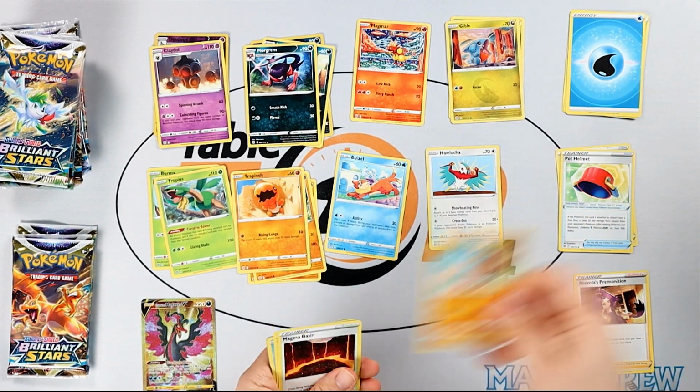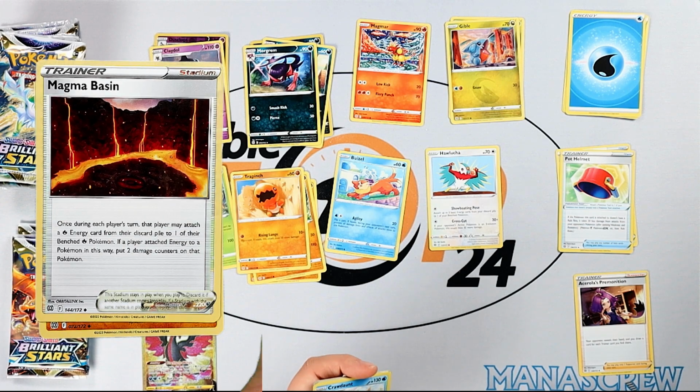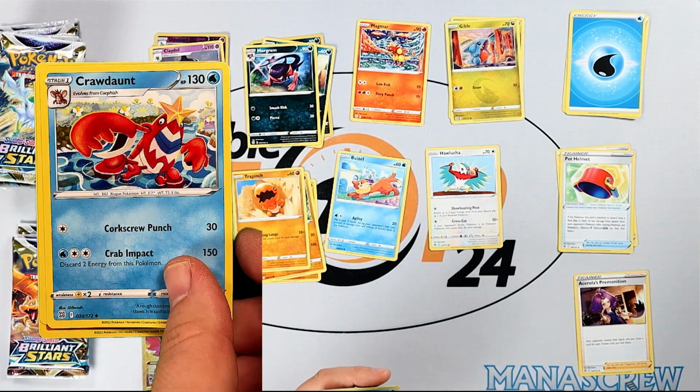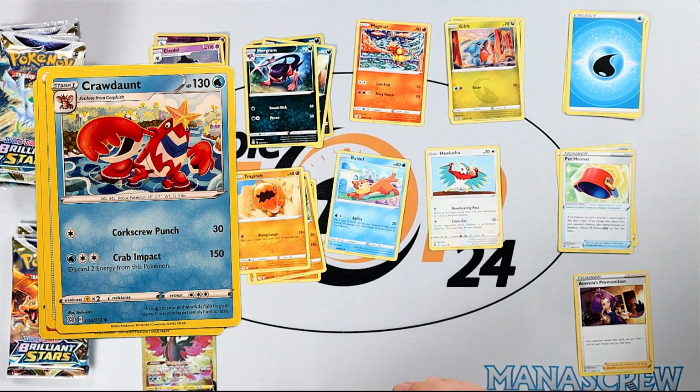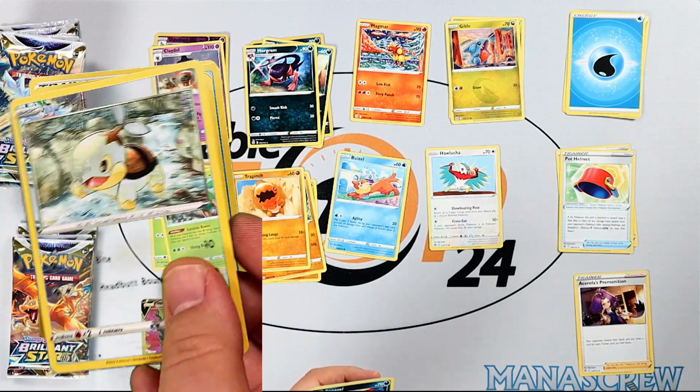War Energy. Hitmontep, Magma Basement. Now, I do think he's going to be running in a lot of fire decks. Just this acceleration. He does do some damage, so it mixes up with some of those fire Pokemon that need those damage counters. Piplup, a Turtwig,